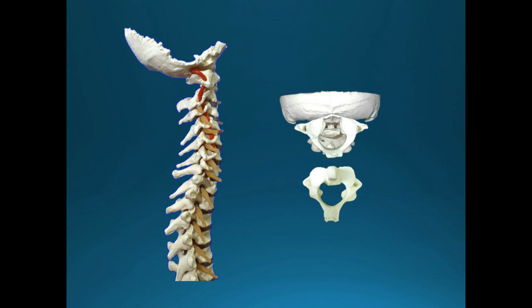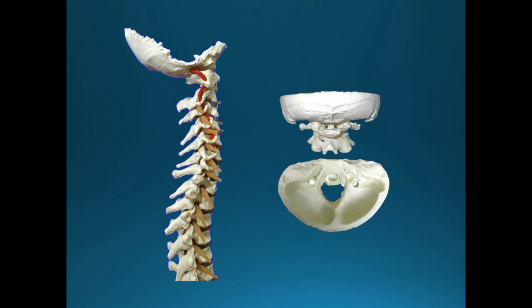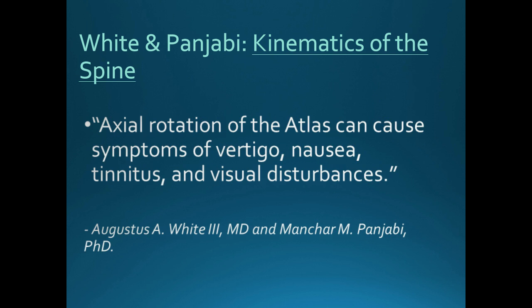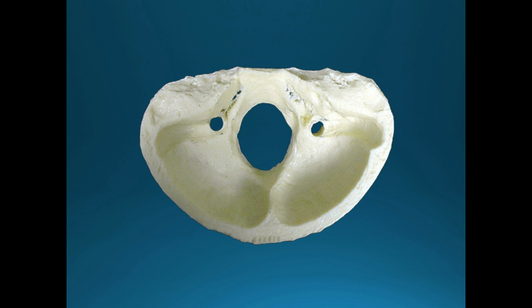So the normal alignment is that you're going to have vertebrae 1, vertebrae 2, and occiput. And this is what we had addressed before. You are now seeing them. Those holes, the big hole in the middle, the foramen magnum, obviously is to allow the brainstem. The smaller holes on the side allow the vertebral arteries to come up into the brain. So one of the things that's been noted, and it's been highlighted, is that axial rotation of the atlas can cause symptoms of vertigo, nausea, tinnitus, and visual disturbance. This is all brainstem. This means that the brainstem has been trapped in the movement, and you're about to see, if you'll watch these slides, what actually occurs